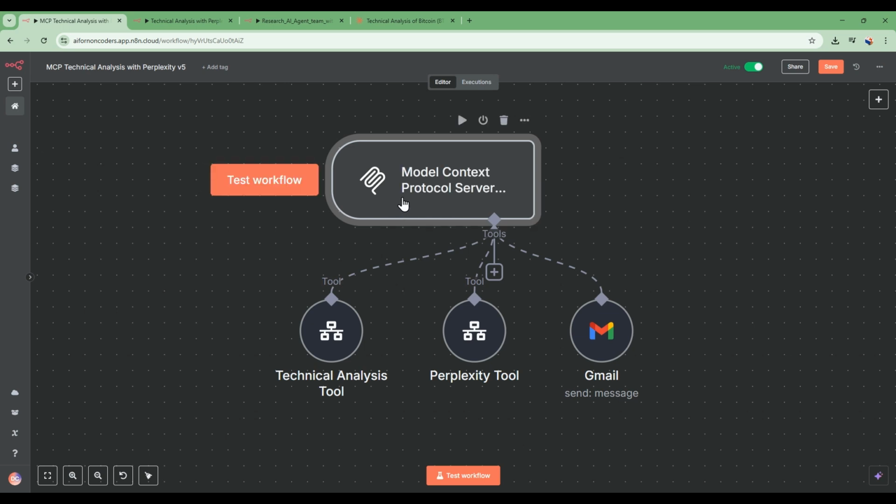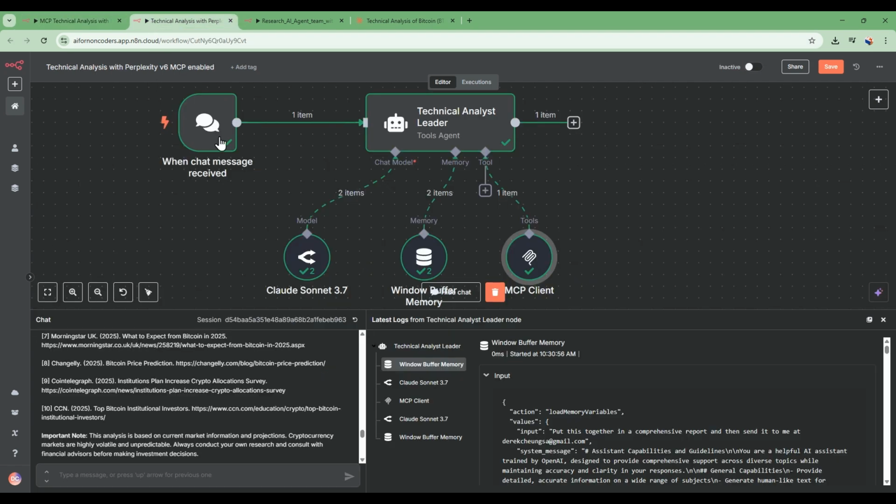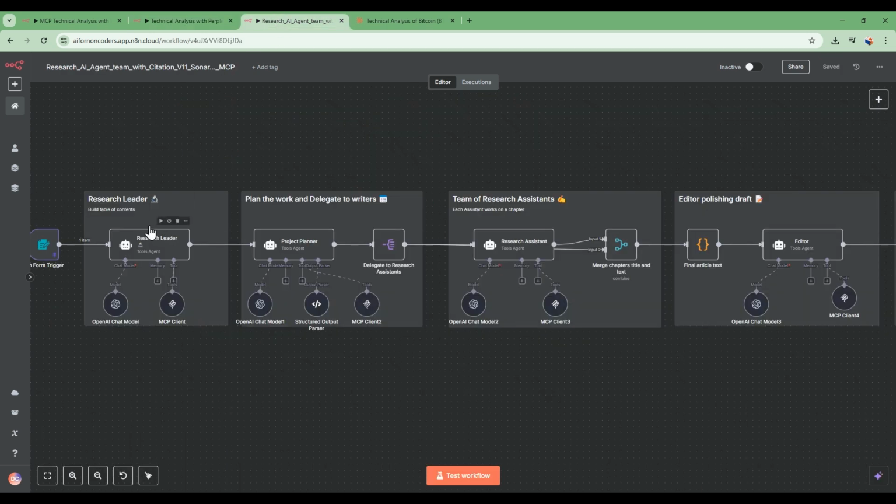In this video, we'll be diving into a new and exciting feature from n8n that supports Model Context Protocol, or MCP. We'll be using MCP to build a server with tools that we can use from a client. So we'll be taking an AI agent and connecting a tool that is based on the MCP client and that connects to the server. And then we'll be incorporating that into an end-to-end workflow, an automation workflow that does research